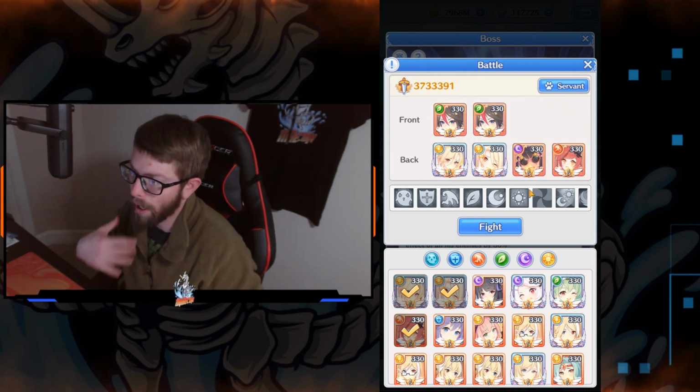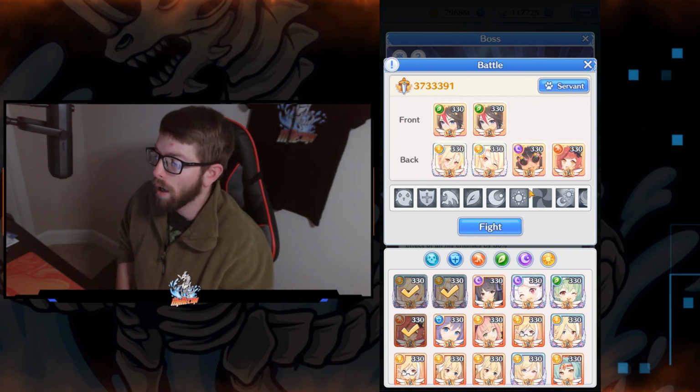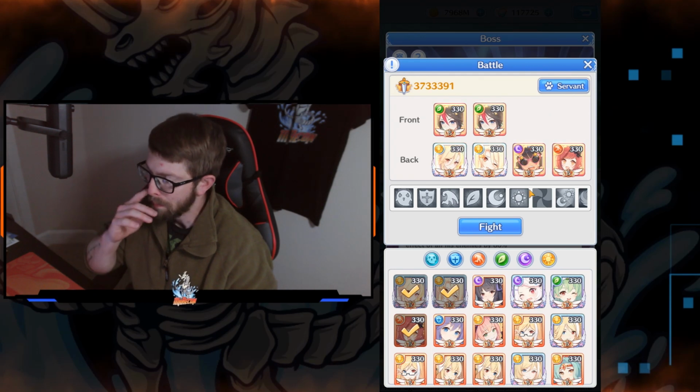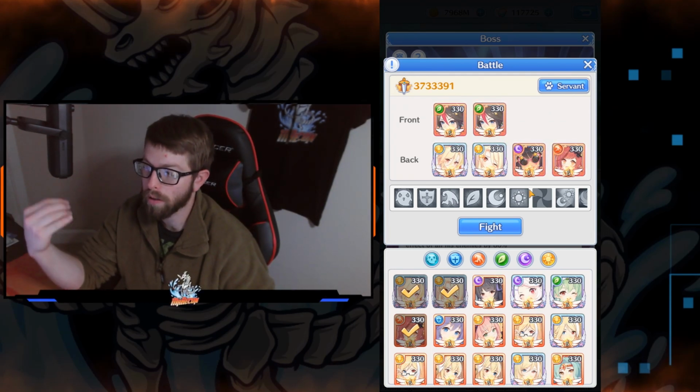Someone did this earlier. I wanted to try it, but I hadn't had a second Cassie yet, so someone did it for me. It was Fipra, of course. Fipra got like 40 billion damage or something like that. It was crazy numbers, but I'm gonna try something different than what Fipra did. But the key point here to take away is that